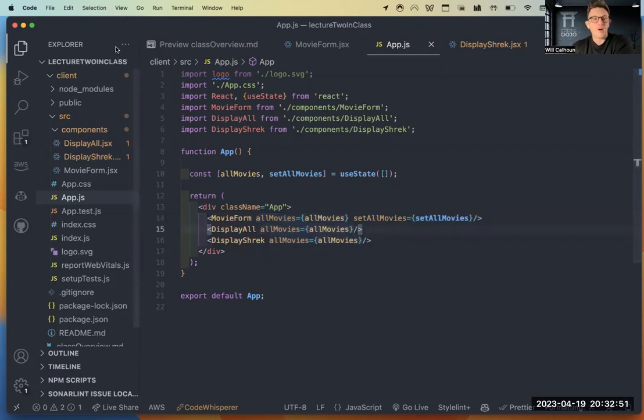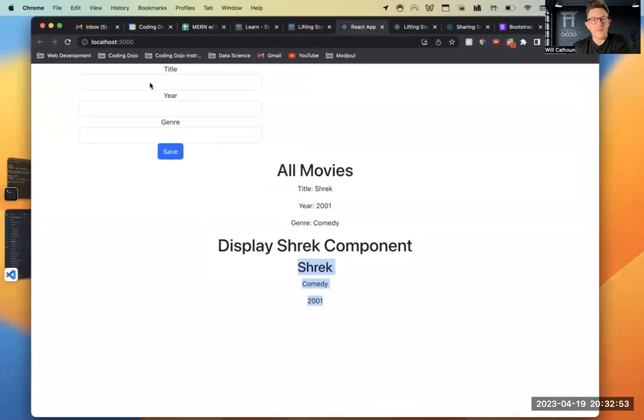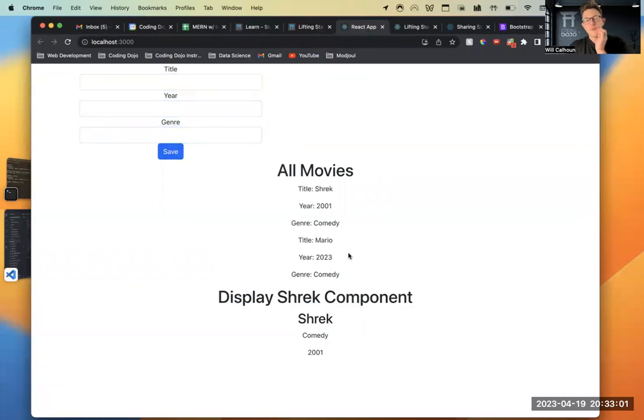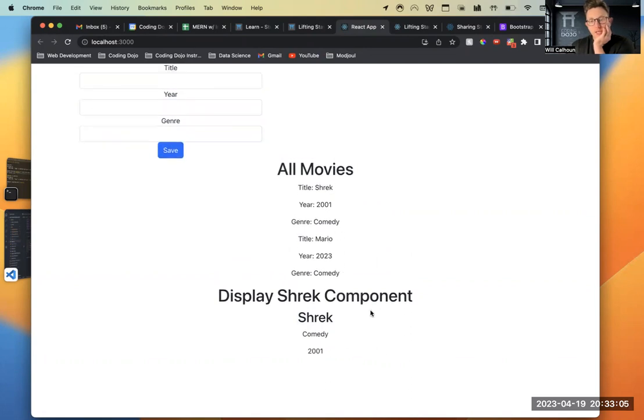I have my display all where I could add in another movie. Let's say Mario, 2023, comedy. I say save. It gets added here, right? But my display Shrek component is unique, right? It doesn't need to know about Mario. It just only wants Shrek.